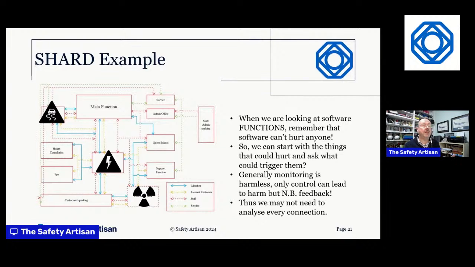You've got some sort of emitter pumping out radar or radio waves, or heat. So for those items where a real world hazard could be, you can start your search there and work backwards